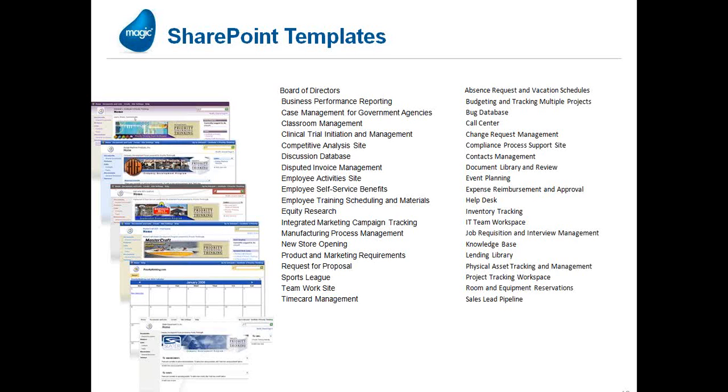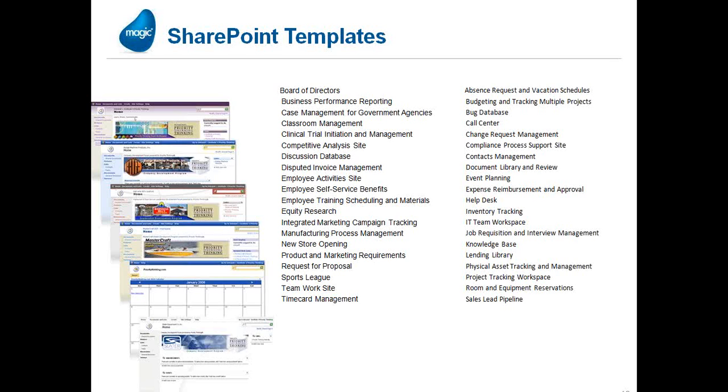So the good news about SharePoint, for those of you who are saying, well, what can I do with it? There are a lot of templates that are out there for SharePoint. If you go to Microsoft's developer website, you can find all of these templates that are listed here, and you can see that there are a lot of really interesting things like disputed invoice management that you can have workflow within a SharePoint application that's managing that. Organizations that are rolling out a lot of retail locations, there's a new store opening application in SharePoint. For organizations that are dealing with a lot of change orders, you have change request management SharePoint apps. And for event planning, you have event planning apps. So it's just all over the map.